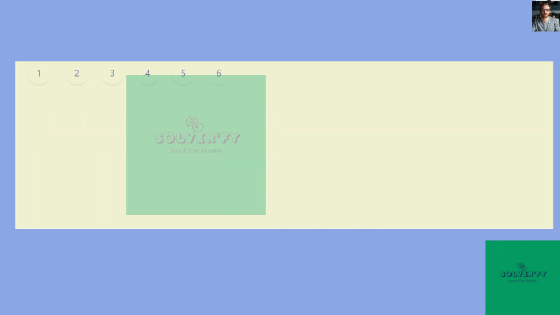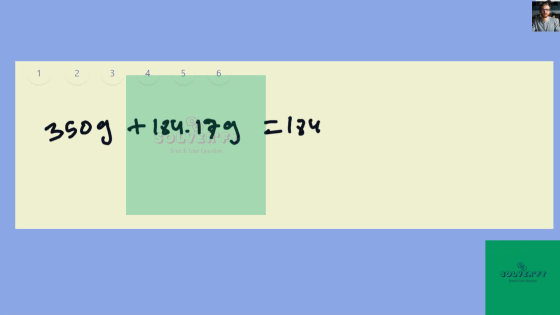So, the mass of reactants reacting here is 350 gram of Fe2O3 reacting with 184.17 gram of CO. So the total reactant here is 534.17 gram,